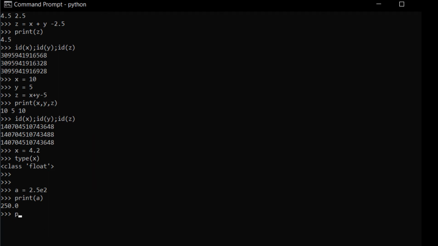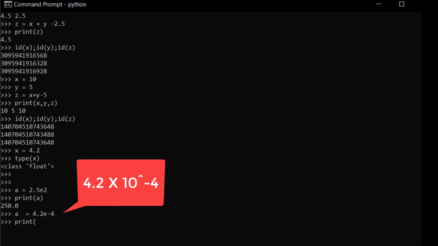For example, A equals 4.2 E minus 4. Then what will be its output? It is 0.00042, as 4.2 E raised to minus 4 is internally converted into 4.2 into 10 raised to minus